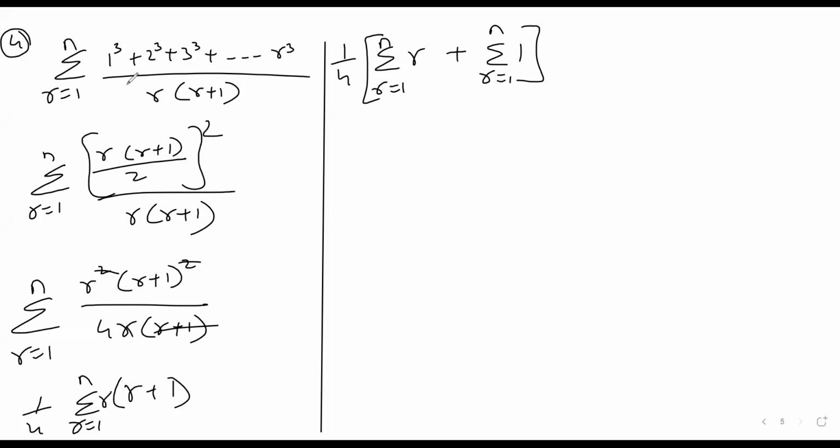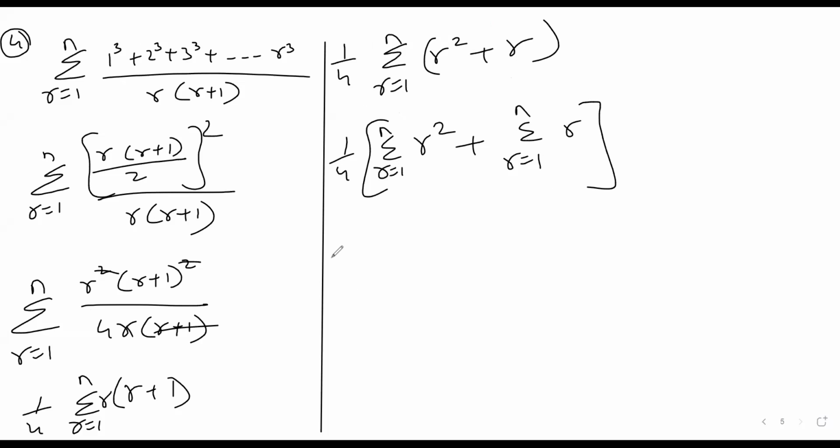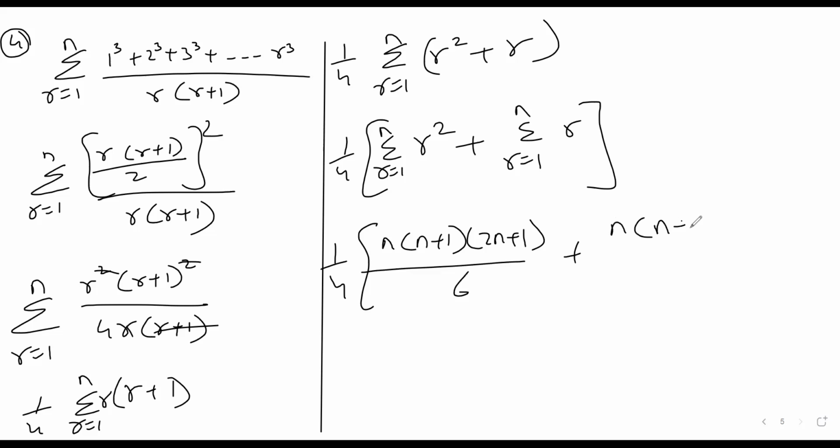So this will become summation r runs from 1 to n, r square plus r. So 1 by 4 summation r runs from 1 to n, r square plus summation r runs from 1 to n, r. It will be 1 by 4 n plus 1, 2n plus 1 by 6 plus n plus 1